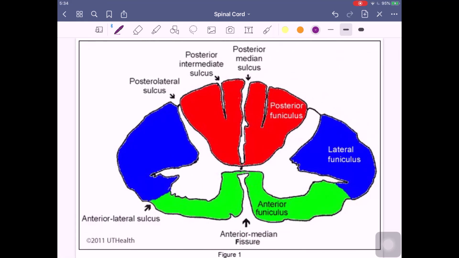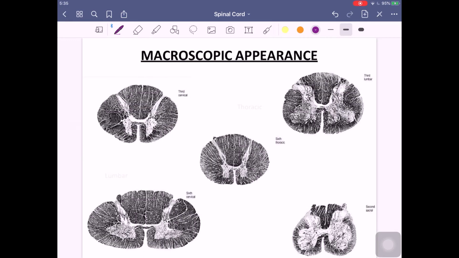I already told you between what and what these horns and commissures are present. This is the same picture again. You can notice your anterior funiculus, lateral funiculus, and this entire red color is your posterior funiculus. The sulci and fissures are shown respectively. In the center are your horns again: this is your anterior horn, this one is your lateral horn, and this is your posterior horn. And those are the commissures we have. This is your anterior white commissure, this is your posterior white commissure. Same way, around it, you will have your anterior and posterior gray commissure.